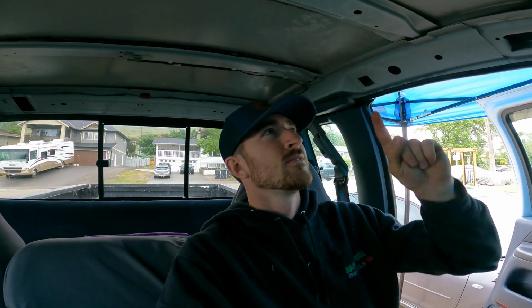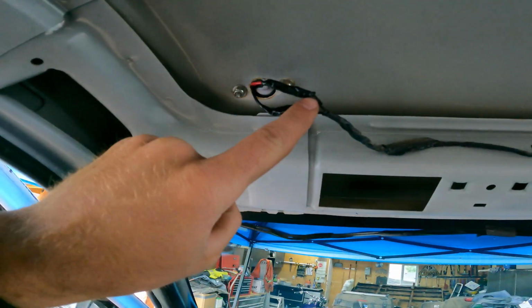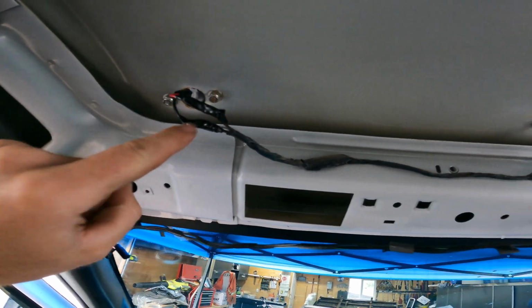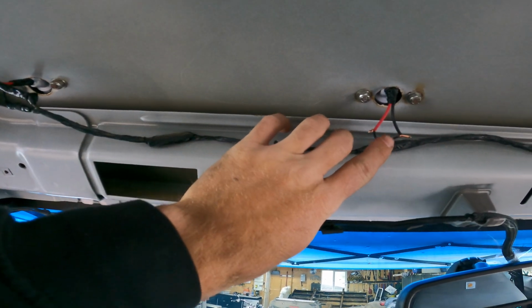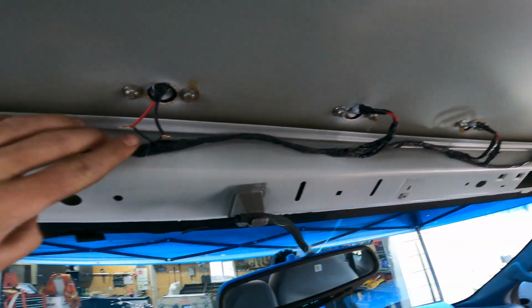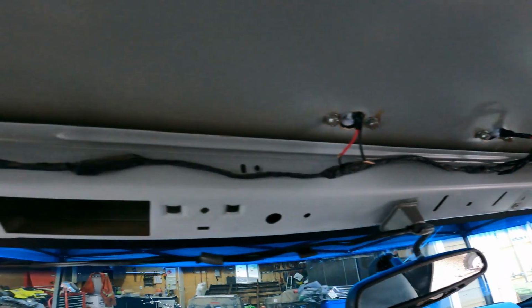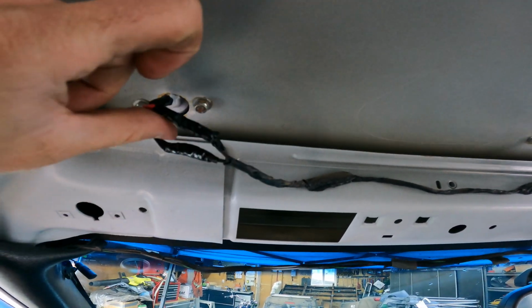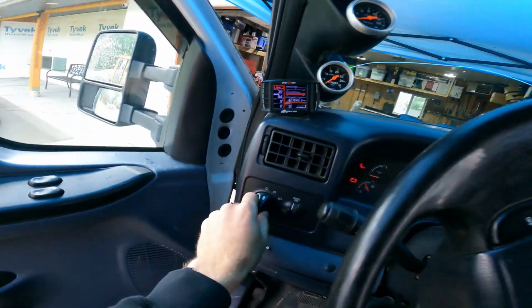Update for you guys, these are not all the same. So some of these, the brown wire is the positive and the black wire is the negative, and on others the brown wire is the negative and the black is the positive for some reason. So I went ahead and I just wired them all up after doing the first one and going, okay, brown's positive, black's negative, pretty easy. Then you go ahead, you flip the switch. Oh,